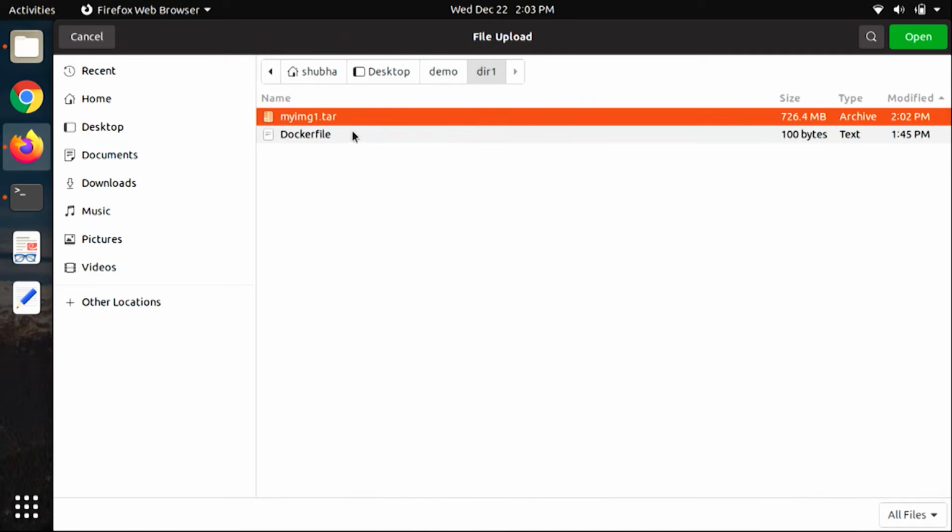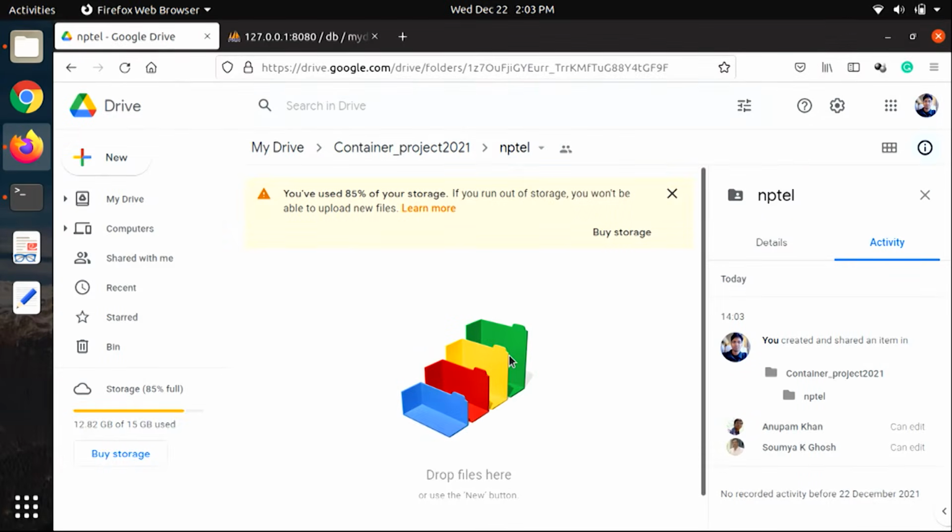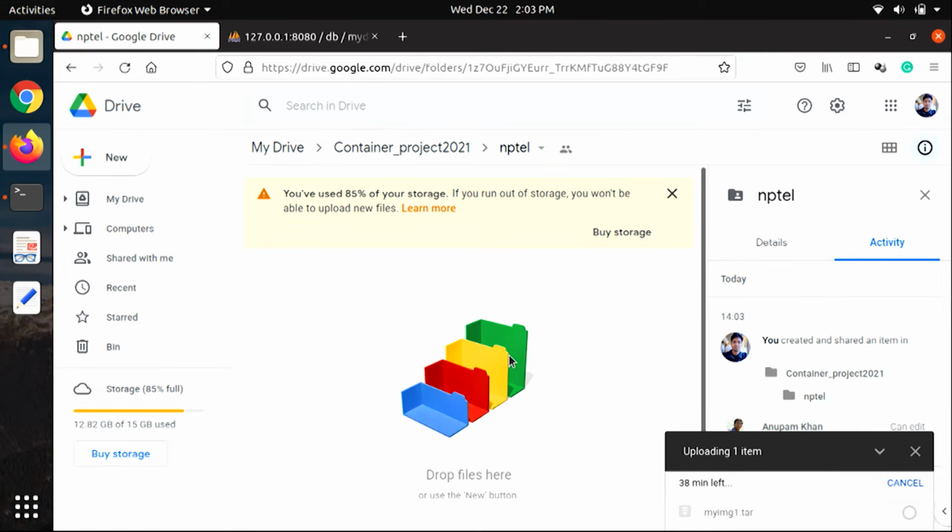So this is basically only transferring the file. Now we'll download from this Windows system. So that is Docker shipping. So shipping the docker, and it will be used at the other end.